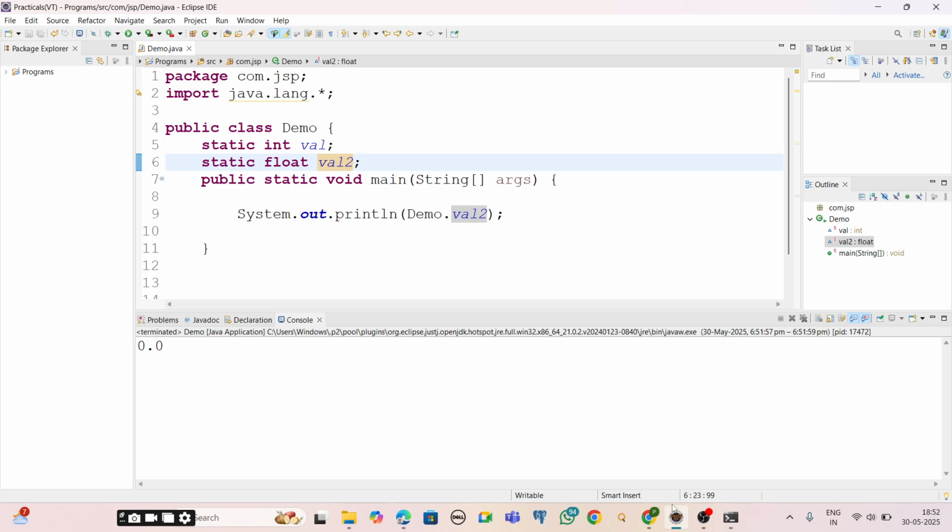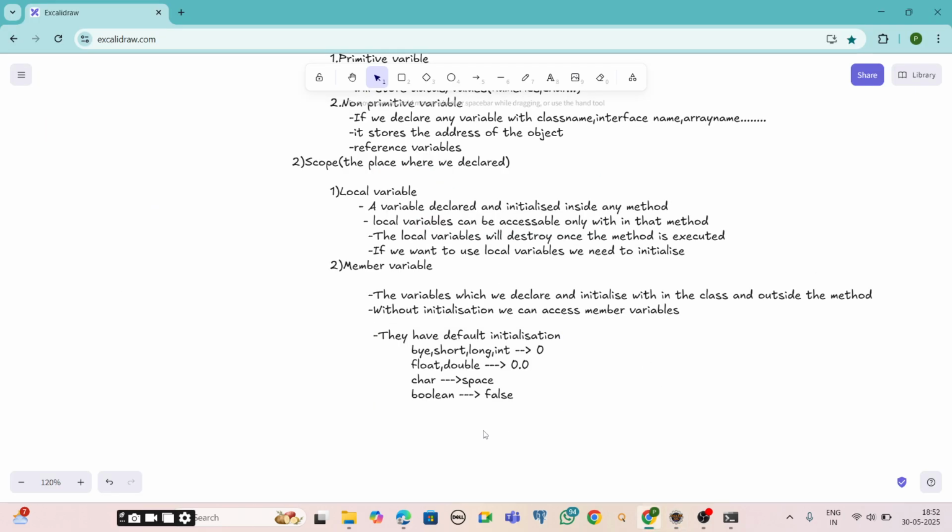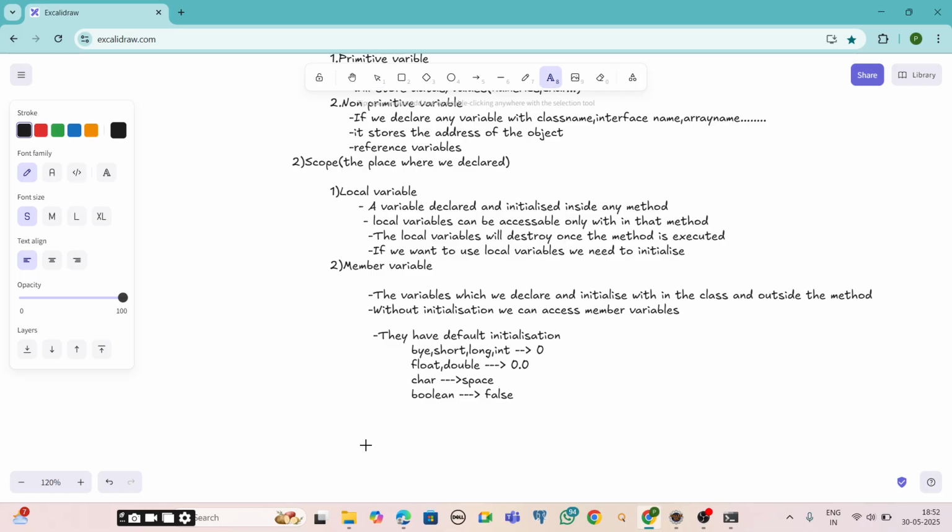One more thing is that member variables are of two types. While discussing the structure of the class, I said there are properties like states and behaviors, and that they are of two types, static and non-static. Local variables are also states.